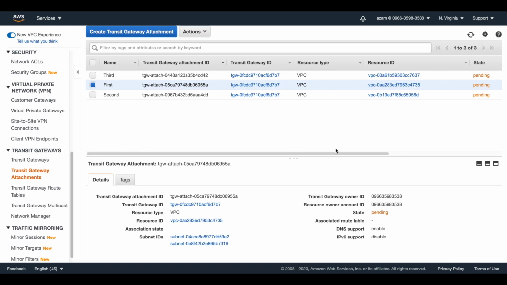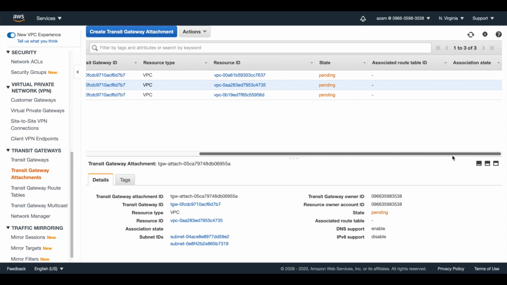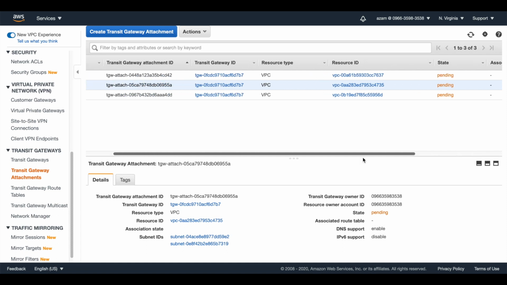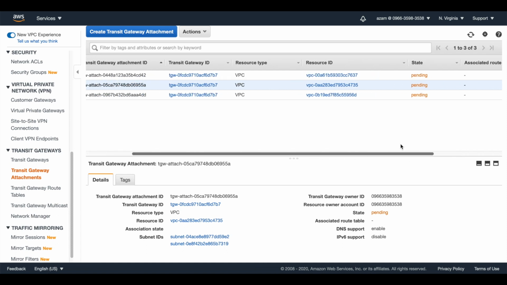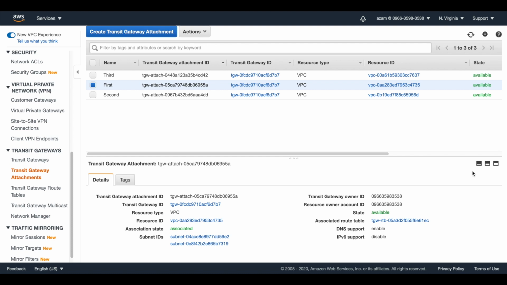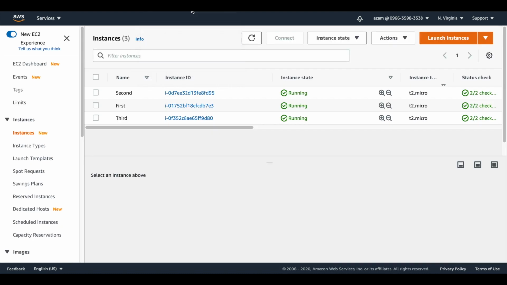These attachments are in a pending state and it will take some time for them to become available, so I'll wait for them and then start from there. The Transit Gateway attachments are available. It means our VPCs have successfully attached to our Transit Gateway, but our EC2 instances are still not connected because I need to amend their route tables at the subnet level.